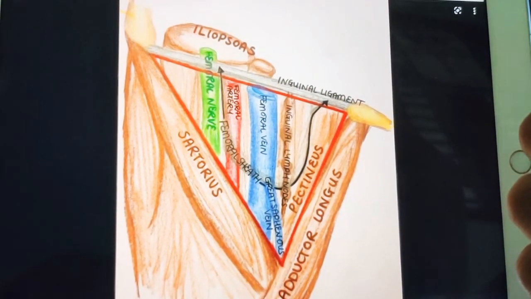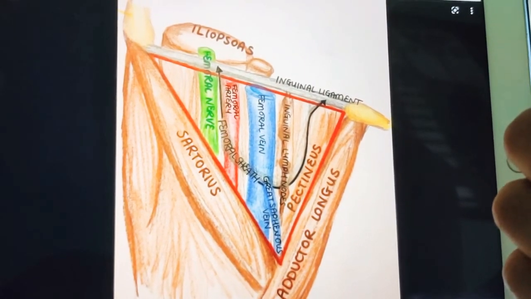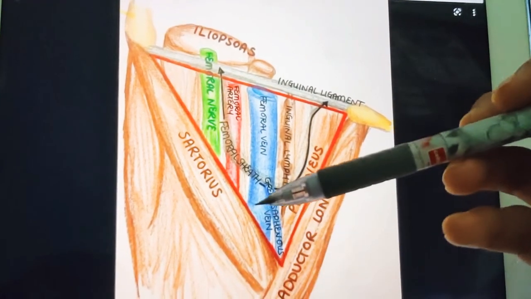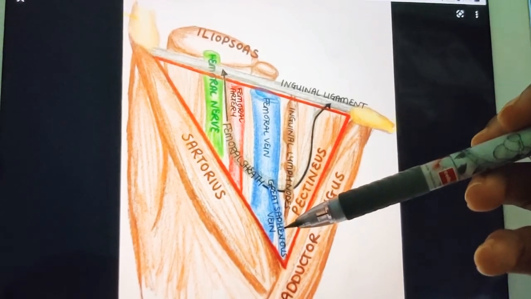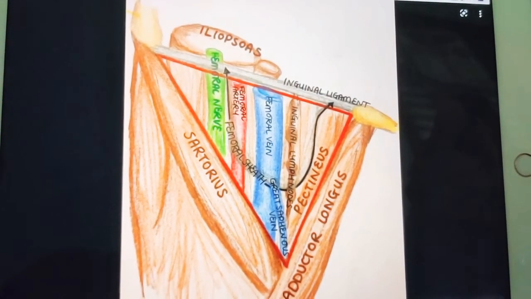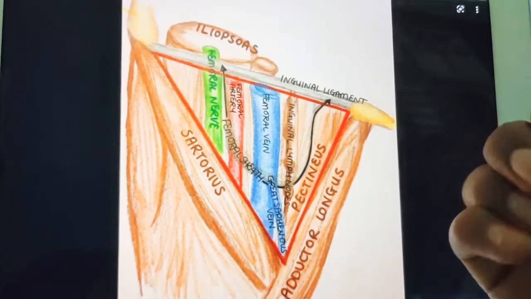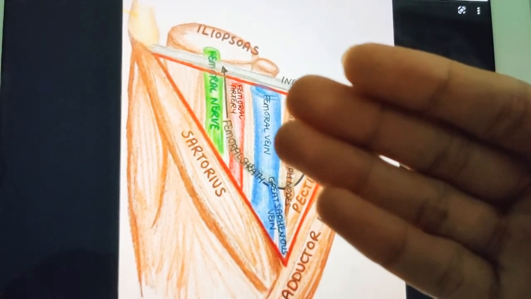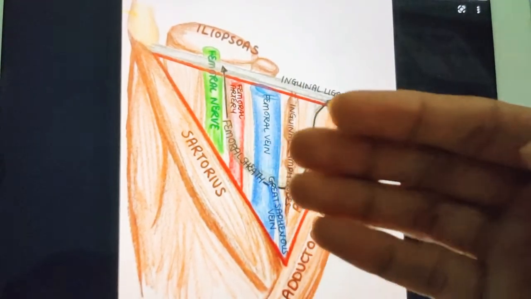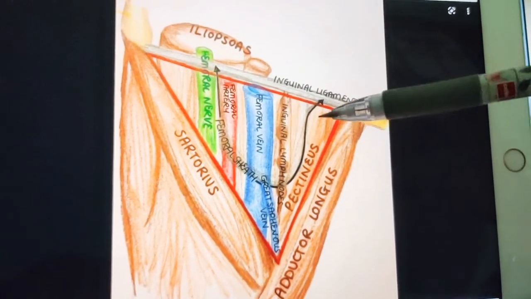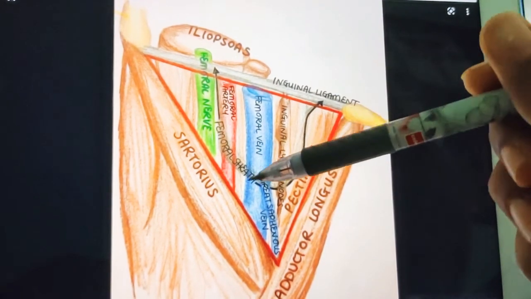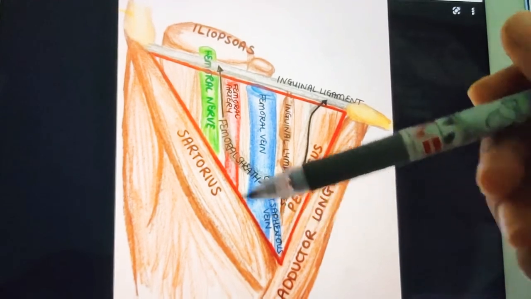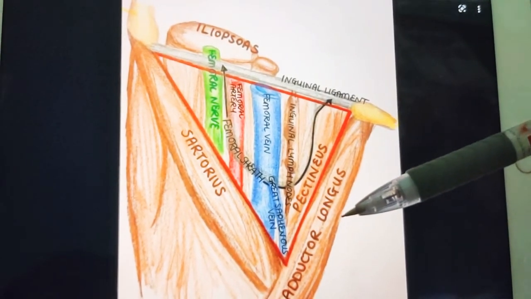Even the superficial branches of the femoral artery with accompanying veins and the upper part of the great saphenous vein. You can see here the great saphenous vein, its upper part, right? And next coming to the deep fascia. So this is all the superficial fascia. So if you see, the roof of the femoral triangle is mainly formed by the skin. Next is the superficial fascia. In that superficial fascia you have the ilioinguinal nerve, the genitofemoral nerve, the great saphenous vein, and the femoral artery and some of its branches, right?